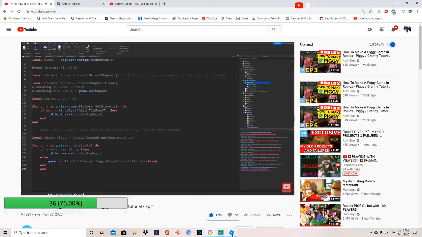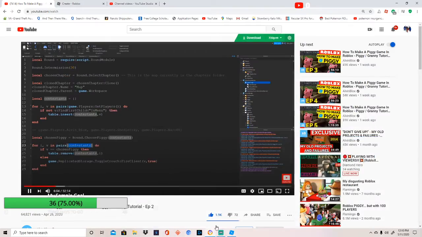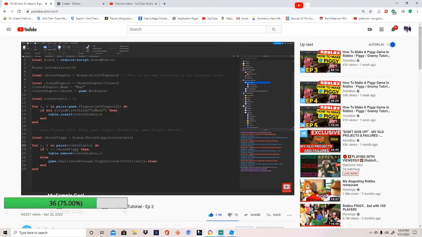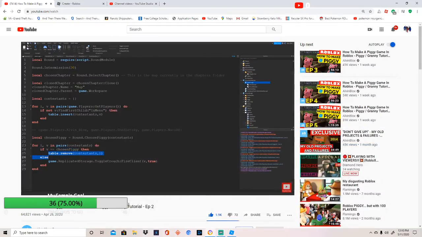Okay, and so for Ivy in pairs, we're looping through the contestants. If the player object V is equal to the chosen piggy, so if the current player that we're looping through is the same player as the chosen piggy that we just chose, then we're going to remove from the table contestants the object at the index I, because remember I said the tables have indexes, so